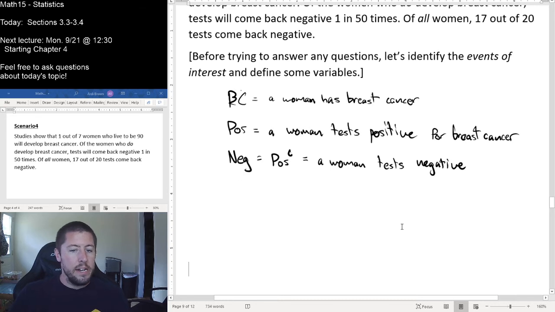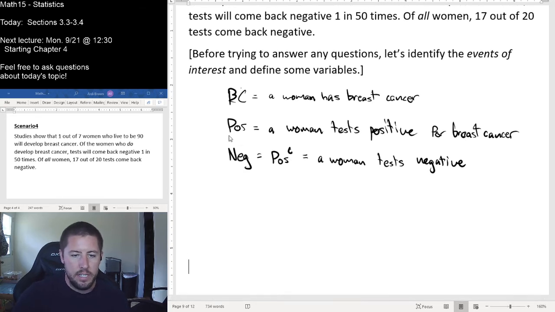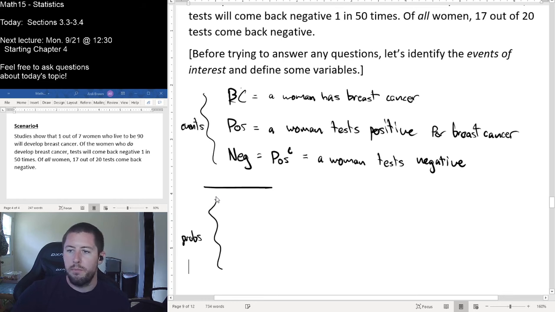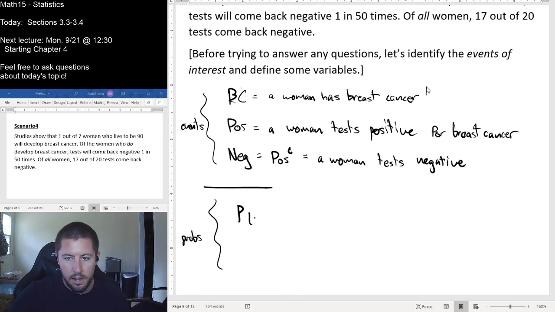So we've identified our events of interest. Let's also identify the information that was given to us in the problem. So those are events. Now let's identify our probabilities. What were the probabilities that this problem just identified for us? Well, it looks like the probability that any woman gets breast cancer, and I should say here by age 90,